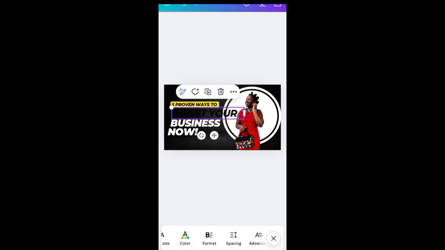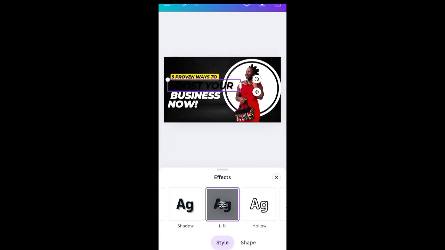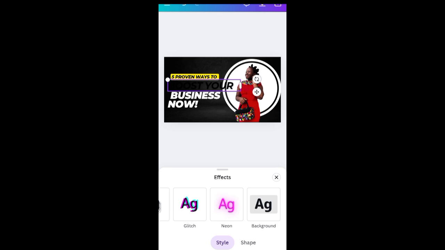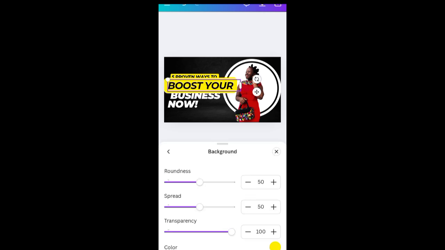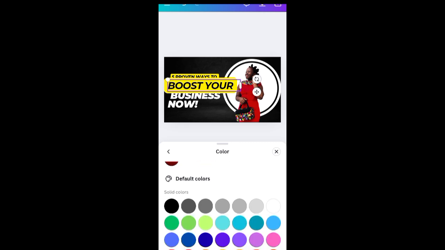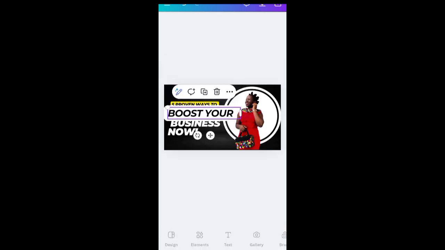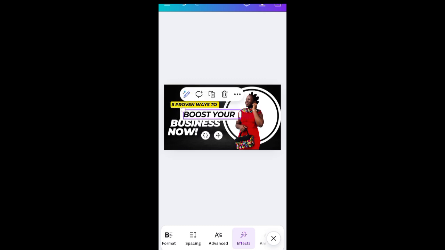Okay, so I'm changing it to black now to make this more visible. While it's still highlighted, I'll go to effects, and I'm going to click on, what is it called, the one that has background. I'll click on that, right? I can change this background from yellow to white. Let me change this to white. So I have this here, and reduce it so that it fits into the space that I have provided,